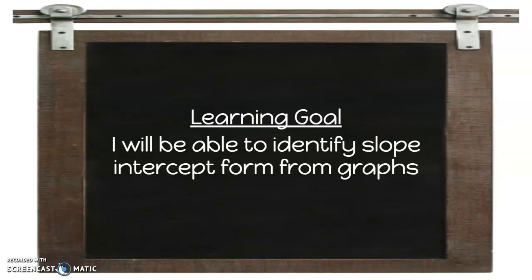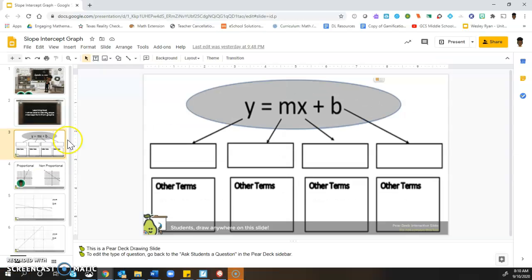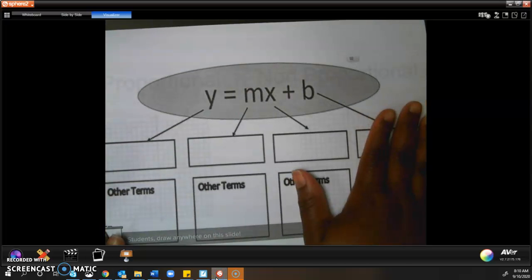Today, your learning goal: you'll be able to identify slope-intercept form from graphs. So we're going to work on finding our slope and y-intercept from graphs. So here we have our